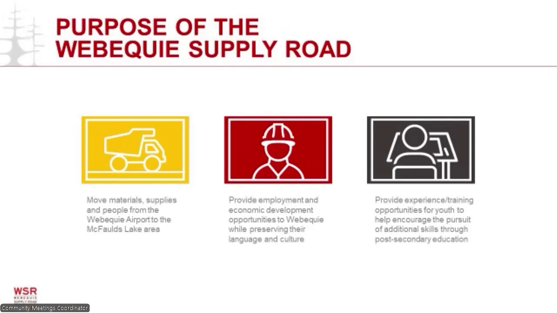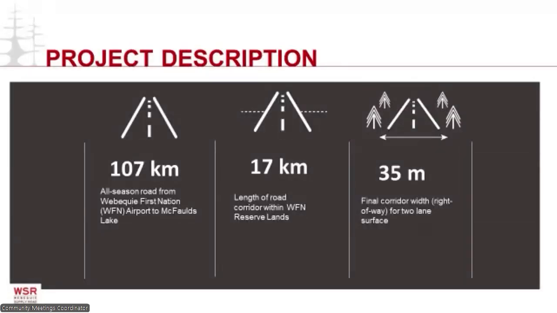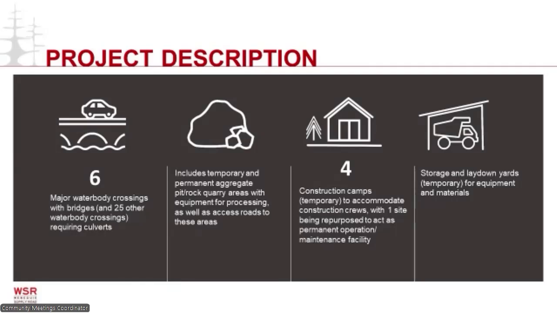community's language and culture. The planned road will be 107 kilometers long, with 17 kilometers on the Webequie First Nation reserve lands. The corridor planning area is 2 kilometers wide, but the actual cleared area will be 35 meters wide, make 3 large water crossings, and will include temporary pits and quarries, equipment storage areas, and construction camps. The road will make 6 major water crossings and will include temporary pits and quarries, equipment storage areas, and 4